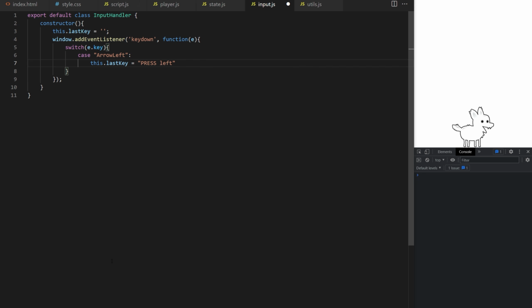We can have multiple cases here. So far I just have one, but I will add more arrow keys in a minute. The switch expression on line 5 is evaluated once and it is compared with each case. In this case, it will check if e.key is equal to arrow left. If it is, the code on line 7 will be executed. We can also give it a default case with code to run if there is no match, but I will not